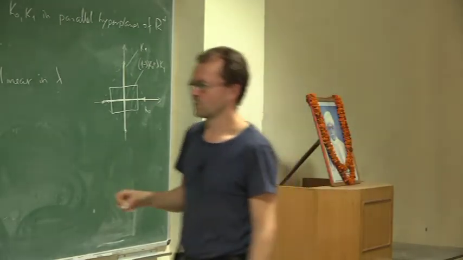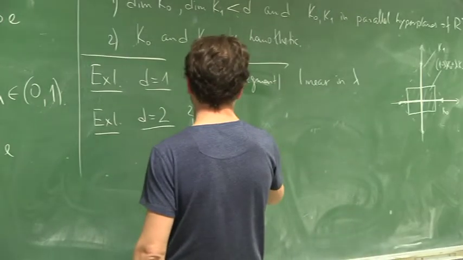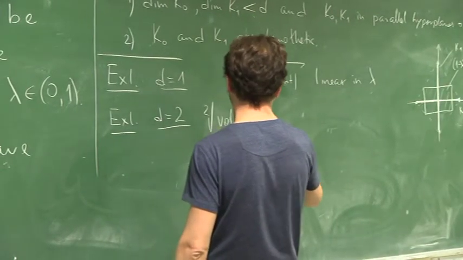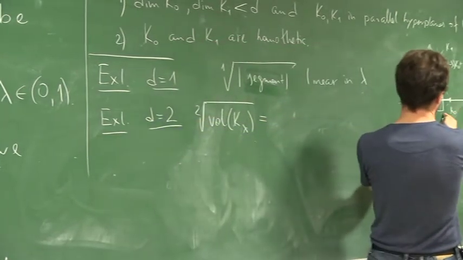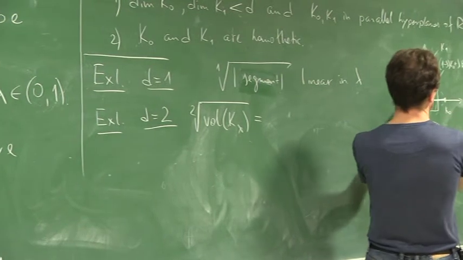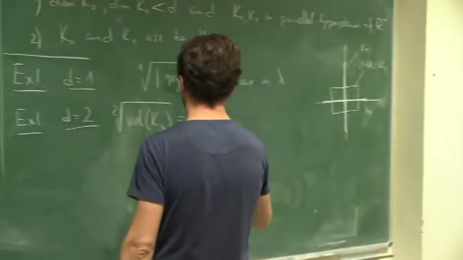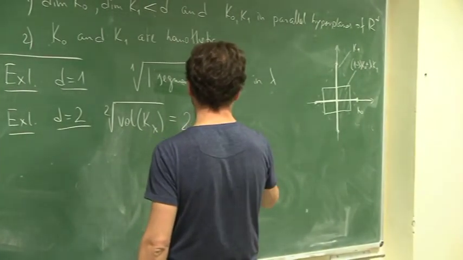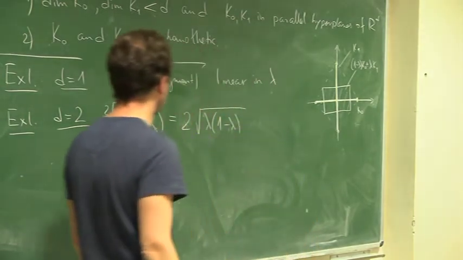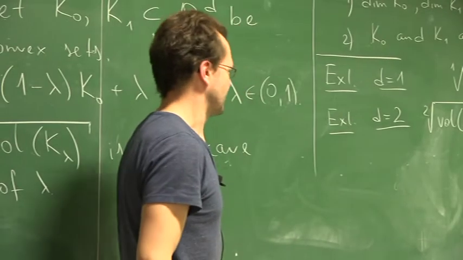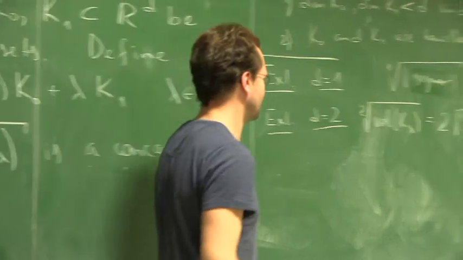So the square root of the volume of K_lambda is equal, in this case, to the segment 1 minus lambda, rectangle 1 minus lambda times lambda. No, it's twice 1 minus lambda times twice lambda. So we have 2 times the square root of lambda times 1 minus lambda. This is the function. Okay, so that's some calculus problem to show that it is concave, or for those who